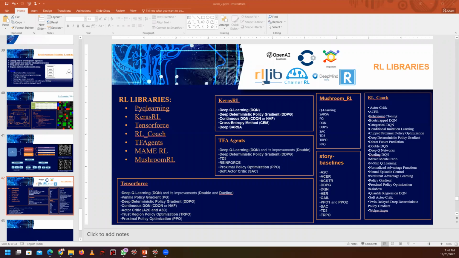Our major goal is training, not validation. But if you want to validate the model, we have to go for validation. Training is our major goal, and testing is the secondary goal.